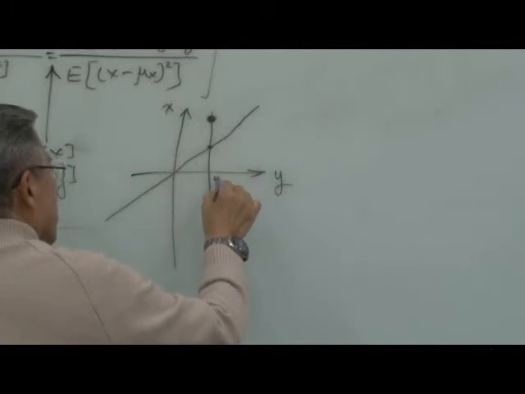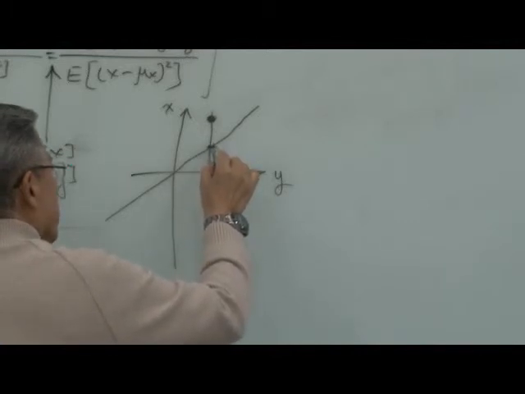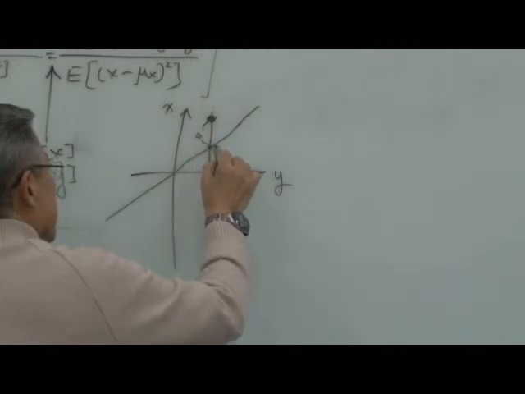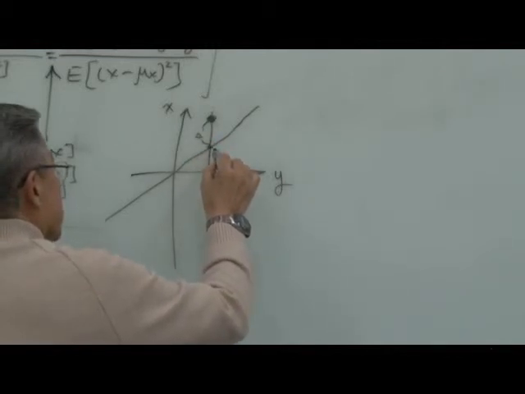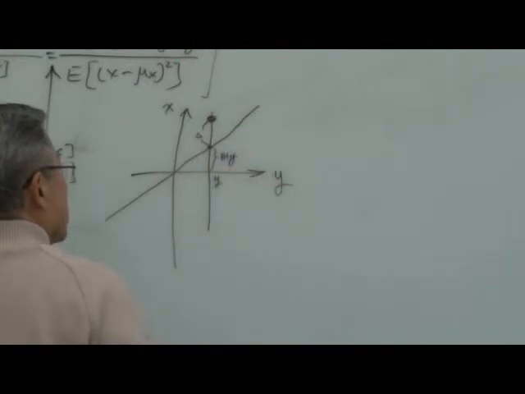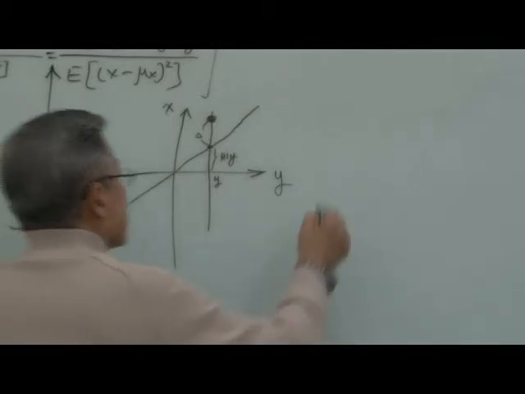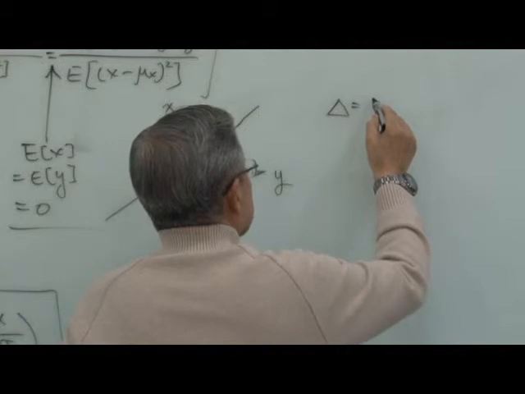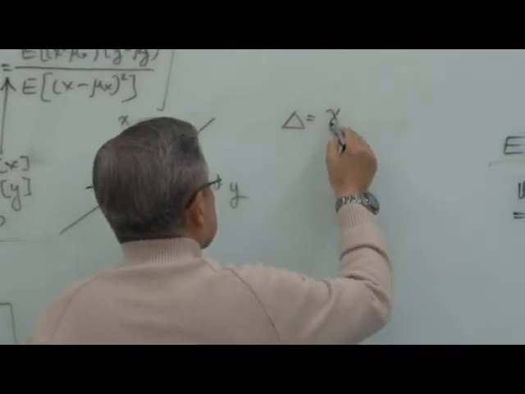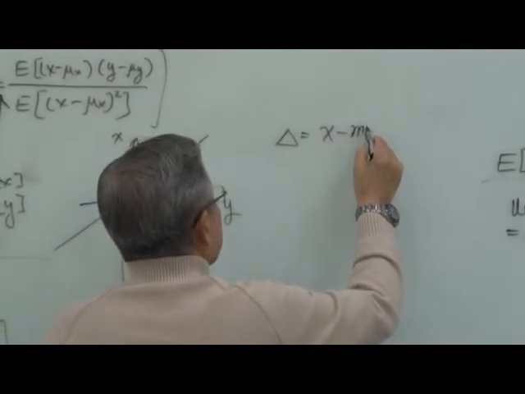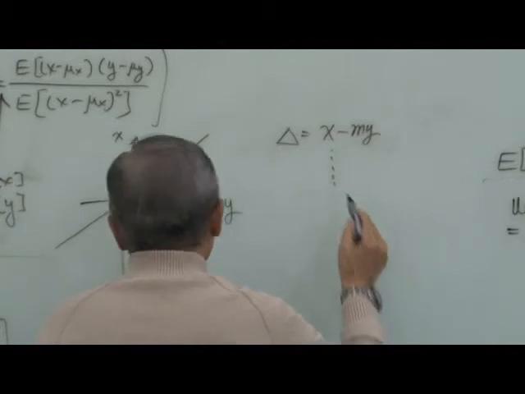This is a y, and deviation is this guy, and this guy is my. I should write this. Then delta is equal to what? X minus my. Then if you do this,